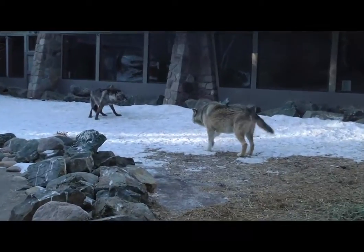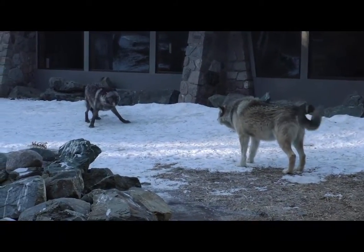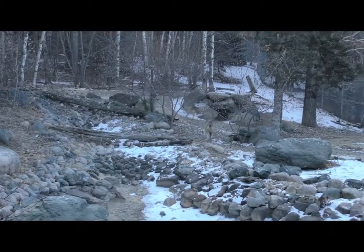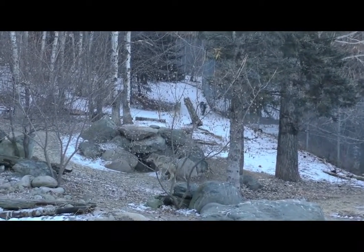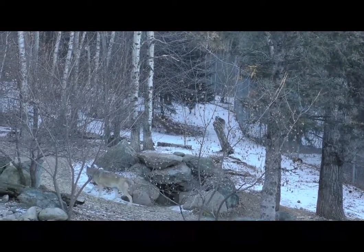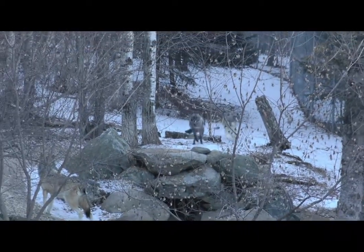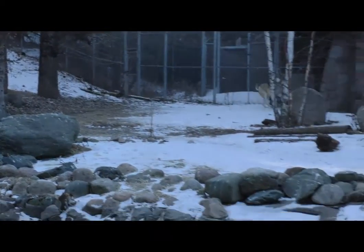This is a play-bow sequence here, what we call an invite chase that Luna's doing. Kind of looks like a bullfight there with them both scraping the ground, but an invite chase is go down to a play-bow and then they run and invite the other wolves to chase them. So the invite chase behavior usually results in wolves trading places about who gets chased, but what ultimately happens is